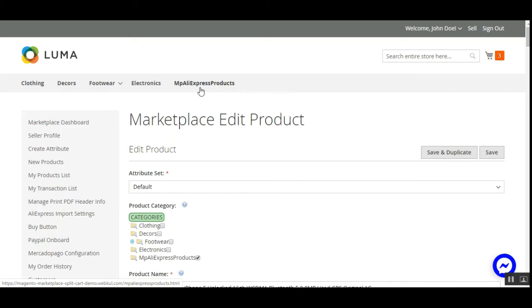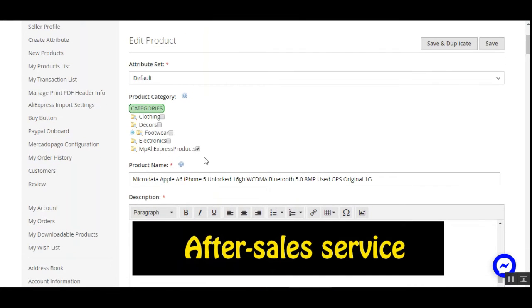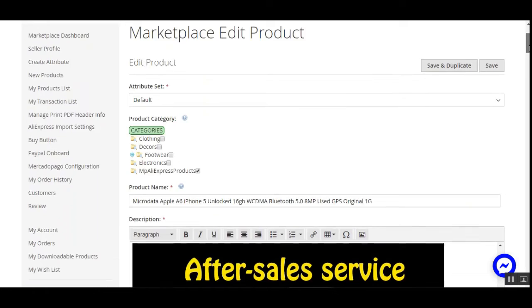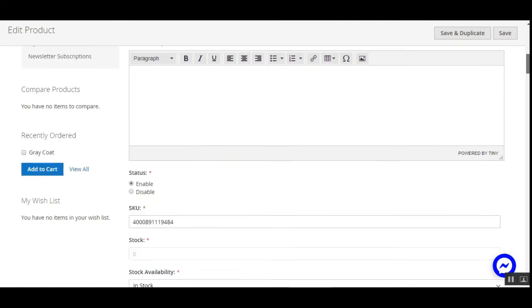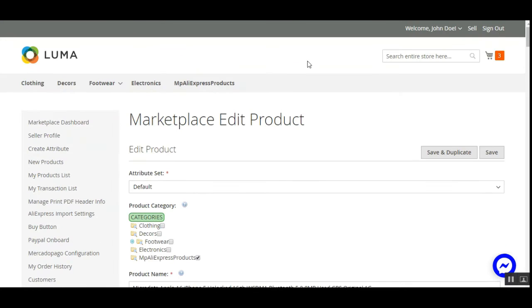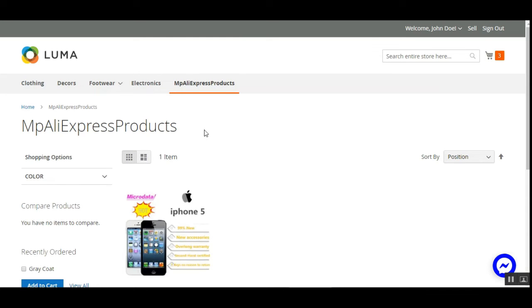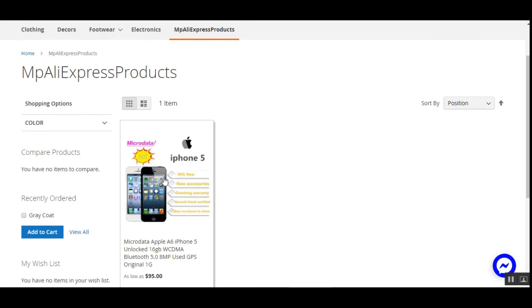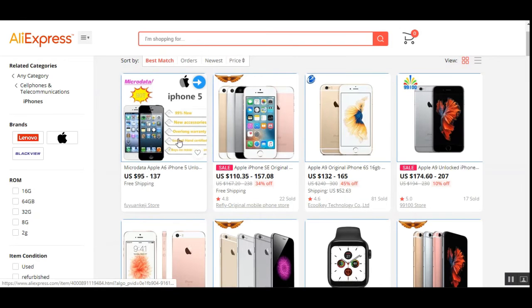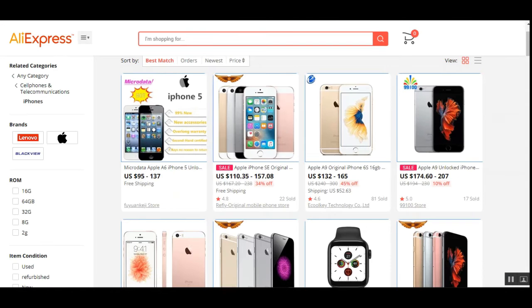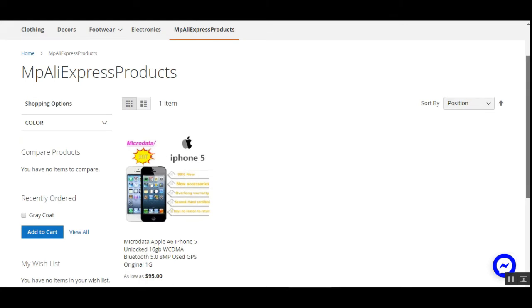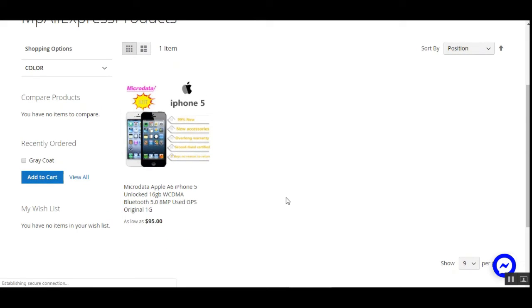So for that, I'll open the MP AliExpress product section, and here you can also change the category as per your own requirement after you have imported this product. So I'll just go to this section here. So here you can see the same product, this one iPhone 5, and here we are on the iPhone 5 microdata, right? So let me tap and let me see how this appears to the customers